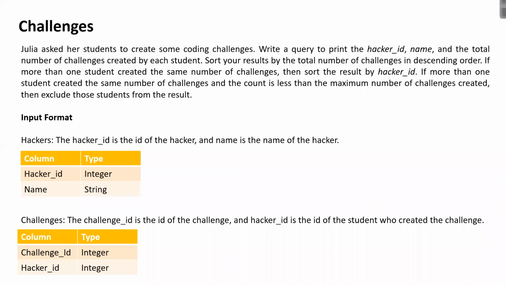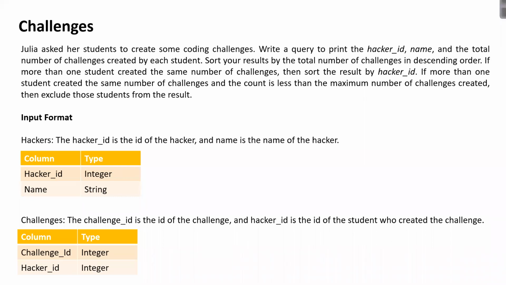If more than one student created the same number of challenges, then sort the result by hacker ID. If more than one student created the same number of challenges and the count is less than the maximum number of challenges created by user, then exclude those students from the result.